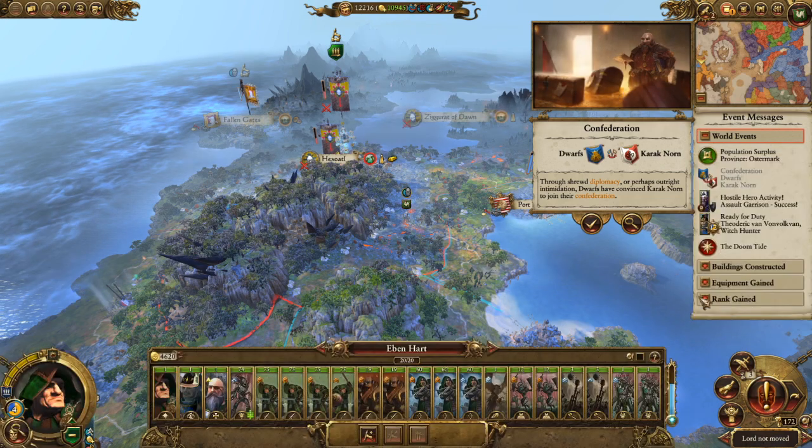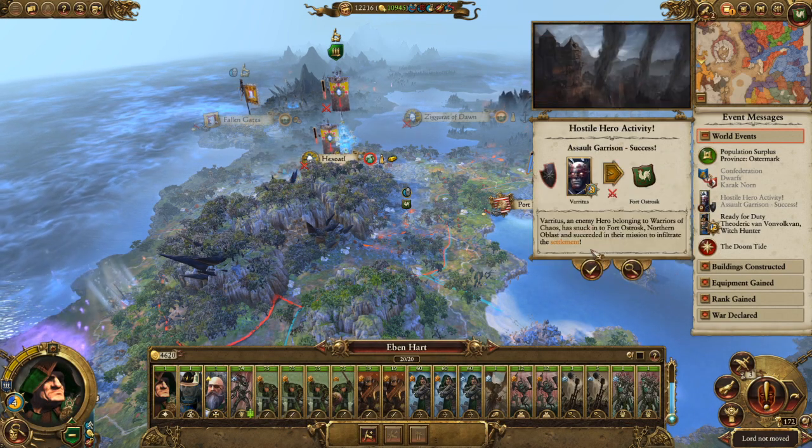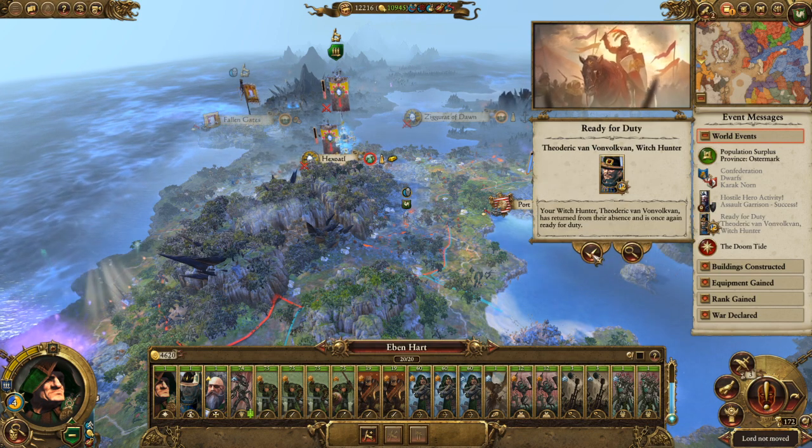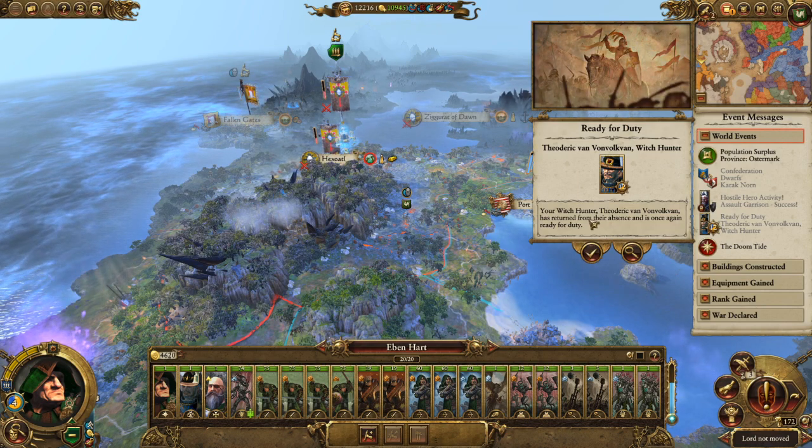I think Crackerdrack actually has upgrades which are like declaring independence, so Theodoric van